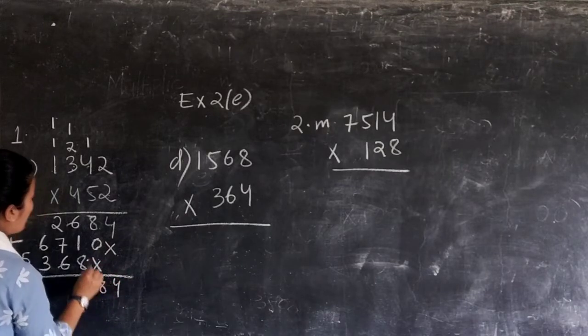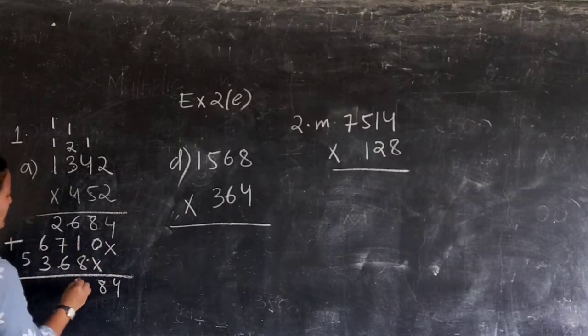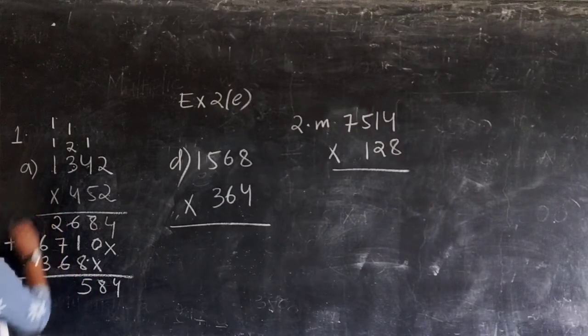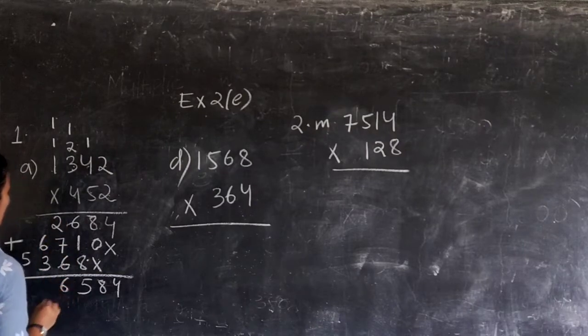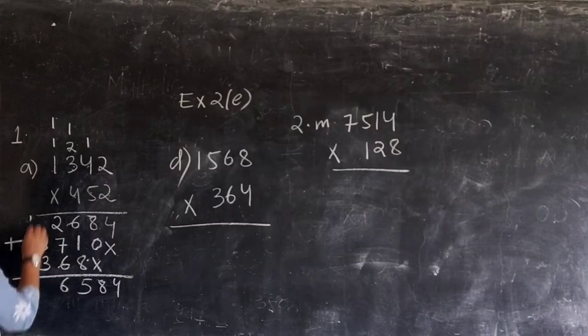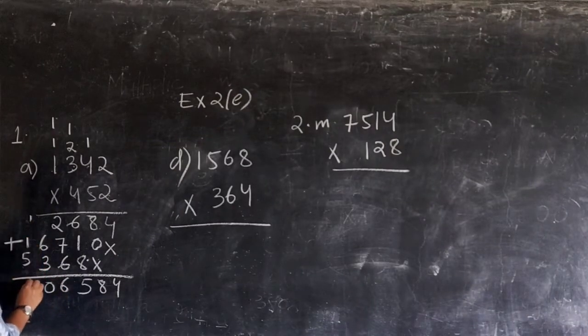4, 8, 8 plus 1, 9, 9 plus 6, 15. 1, 6 plus 1, 7, 7 7 14, 15 16. Here 1, 6 plus 3, 9 plus 1, 10. So here 1, 4 plus 5 plus 1, 6. So this would be your answer.